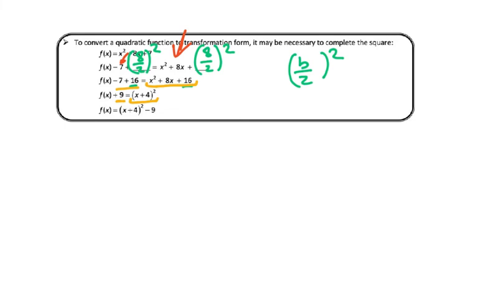What we're doing here again, how do you get the 4? Well, a very quick, easy way of getting the 4 is this inside portion, and this is always true, the 8 over 2, that is that 4. Okay? And the last step is that we subtract the 9 to the other side. So this becomes,